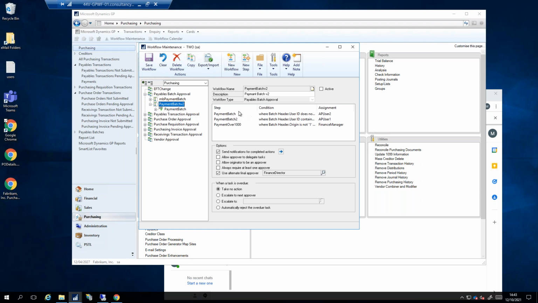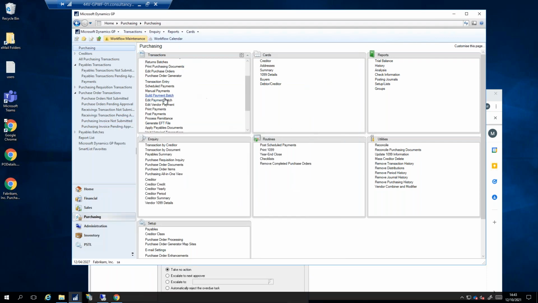If the payment is over £1,000, as well as using those two rules, it would actually hit the finance manager for approval as well. Okay, so we're just going to look at that, and I just need to activate this workflow, because what I just want to show you is, just before we go to